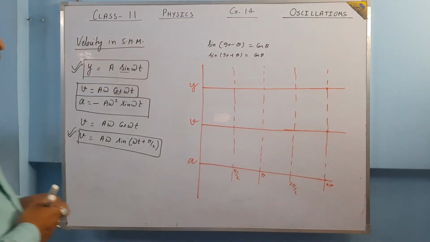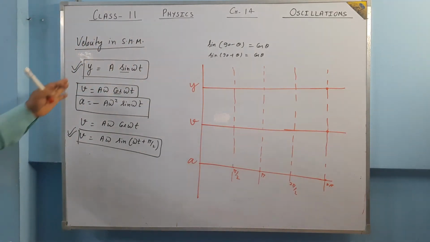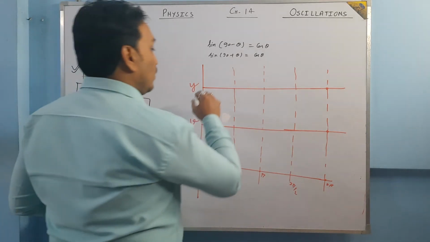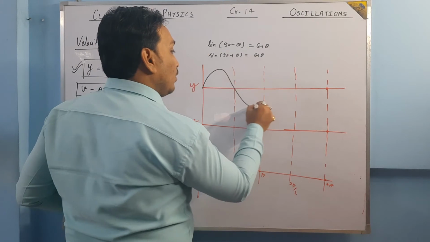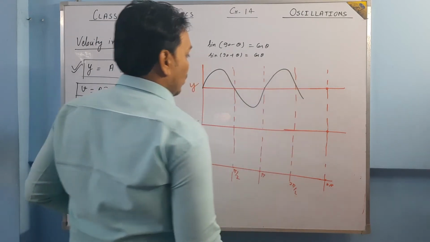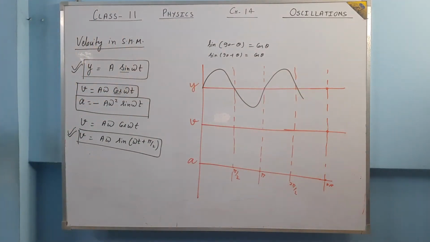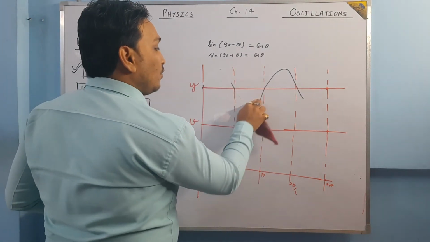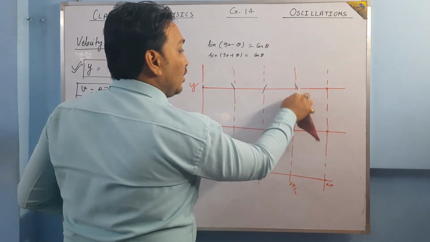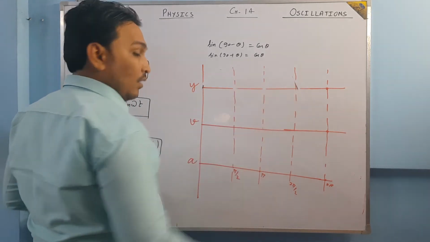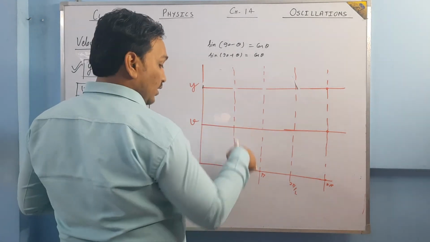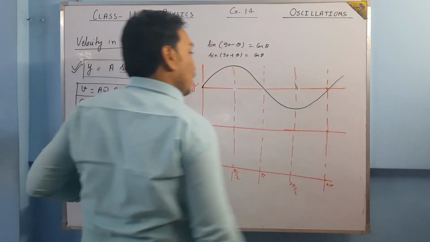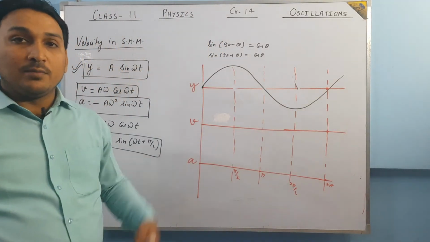Right? Now just see. If y is equal to a sine omega t, it simply denotes the graph of sine. Sine omega t, it is wrong. The graph should not be like this. At pi by 2 it becomes maximum, no? So the graph of sine omega t, as per what I have made, is going to be like this. At pi by 2, sine is maximum.